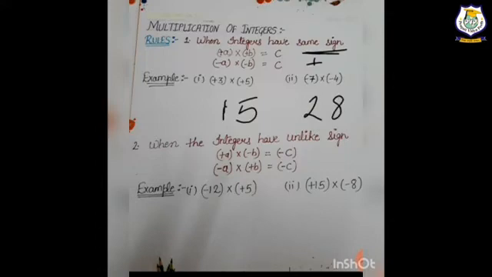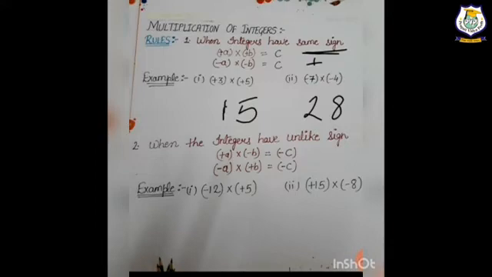And both are having the minus sign. What I have told, if both are having the negative sign, then the answer will come with the positive sign. It means this answer will also come with the positive sign. But as I have told, we are not indicating the positive sign. So it is clear here that if we are having both numbers with the same sign, the answer will always come with the positive sign.